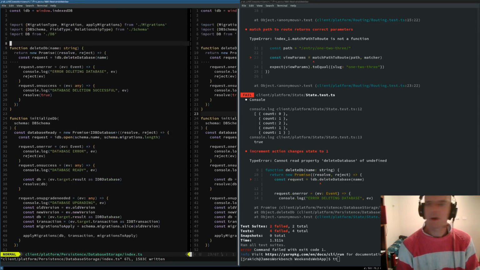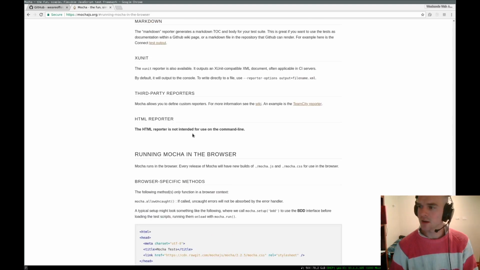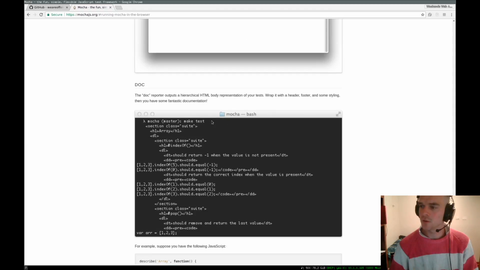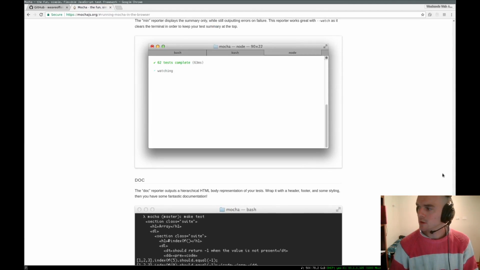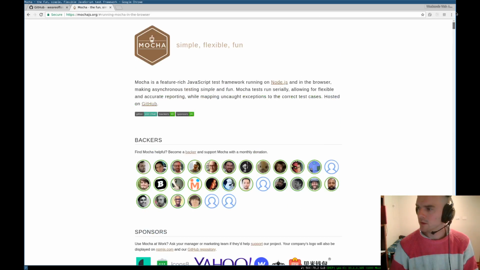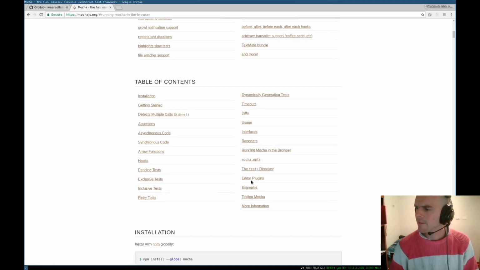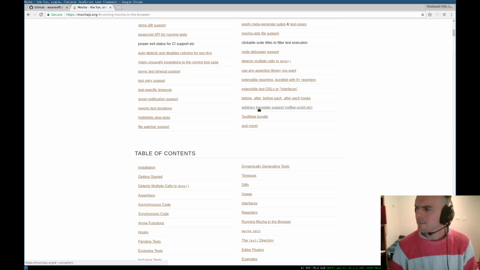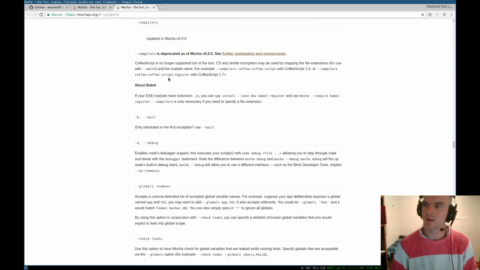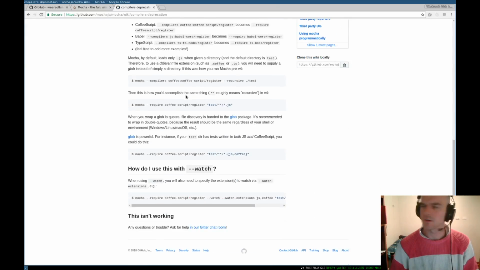So may as well get started by looking at anything that can help us get TypeScript running with that. Now I'm just going to have a browse around. Arbitrary transpiler support is essentially the thing that will compile TypeScript files and whatnot.